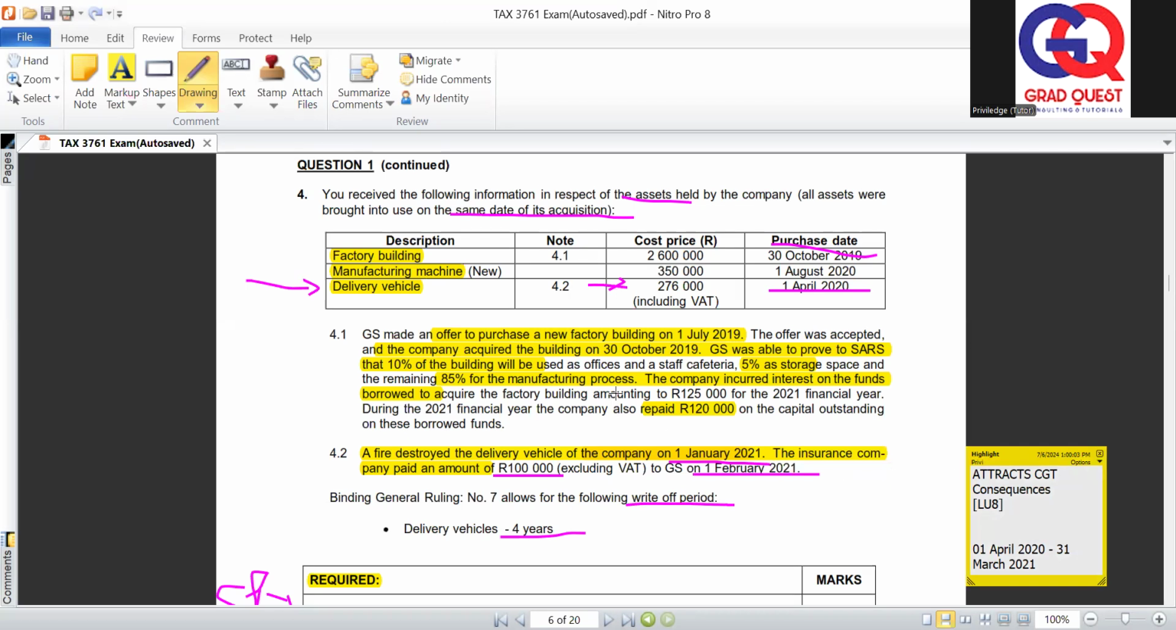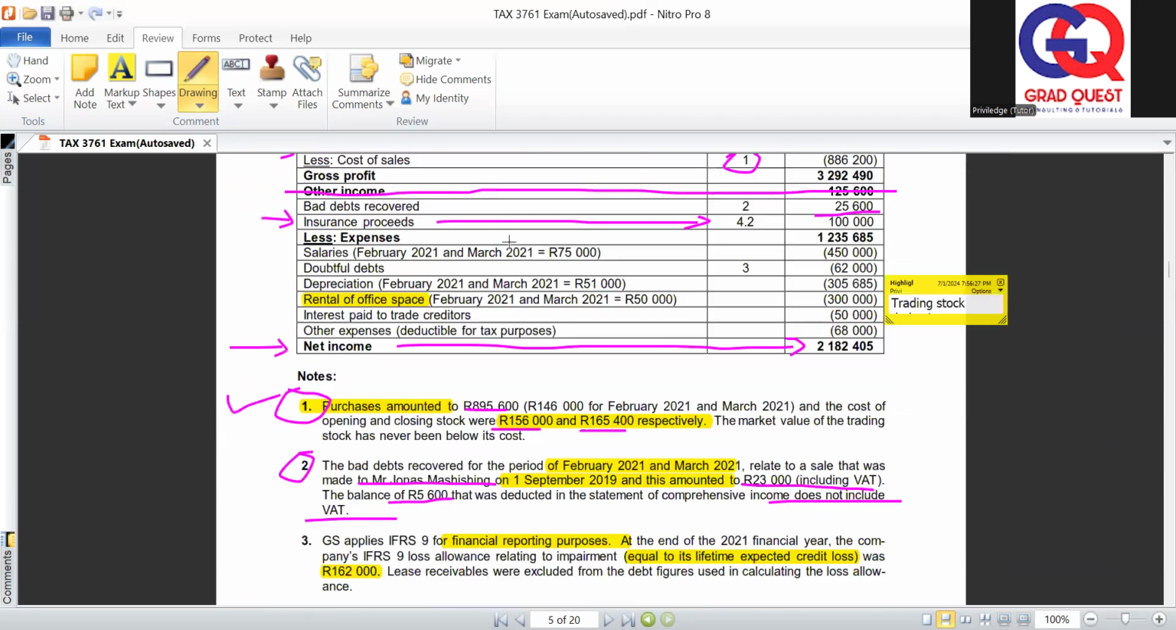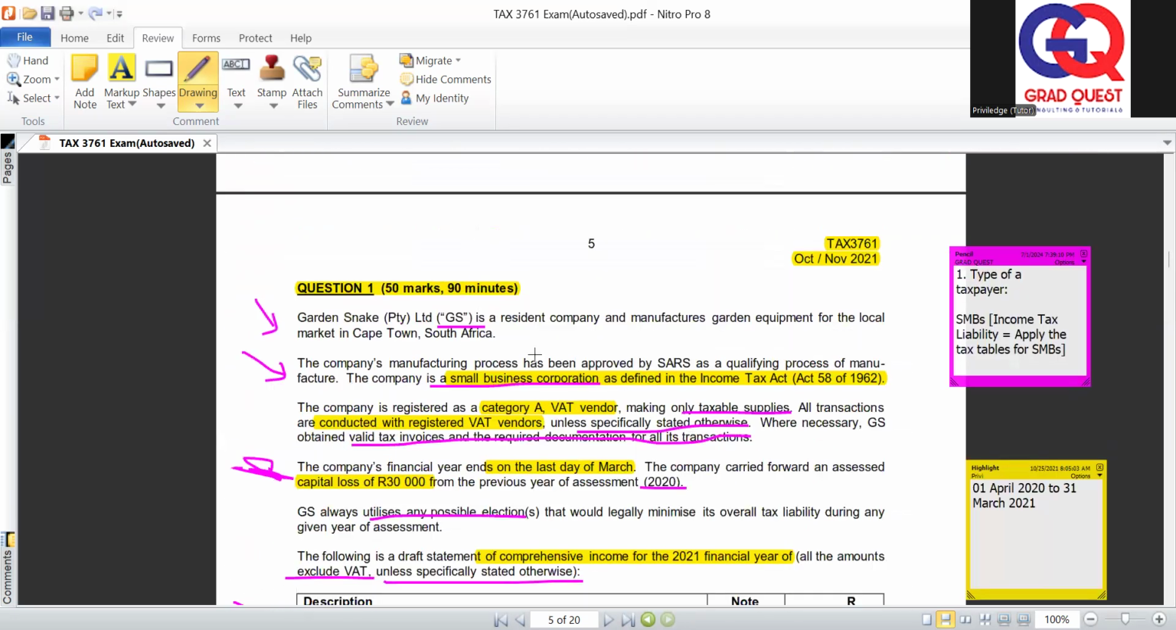Now, because we are dealing with a small business as a taxpayer, how do we know? The information is clearly given to you right at the top. They did mention in the second paragraph, the company's manufacturing process has been approved by SARS as a qualifying process of manufacture. The company is a small business corporation as defined in the Income Tax Act, Act 58 of 1962. So because it's a small business